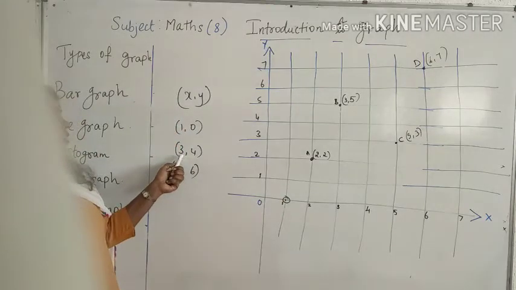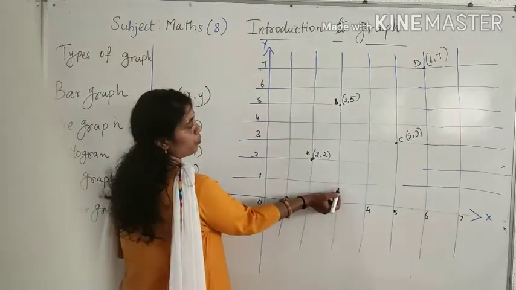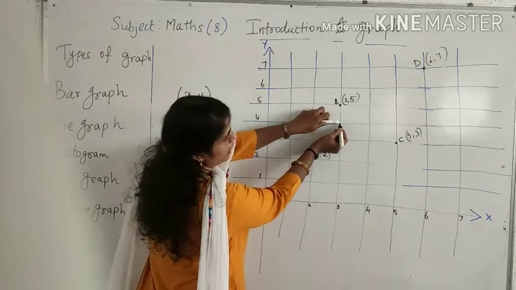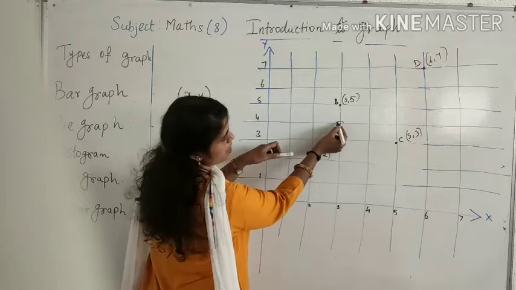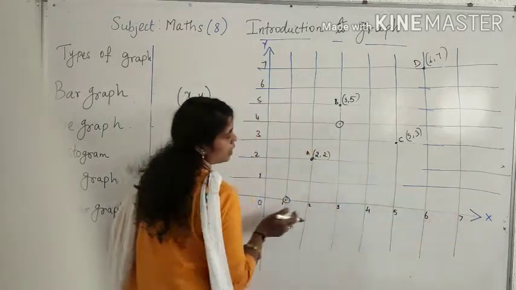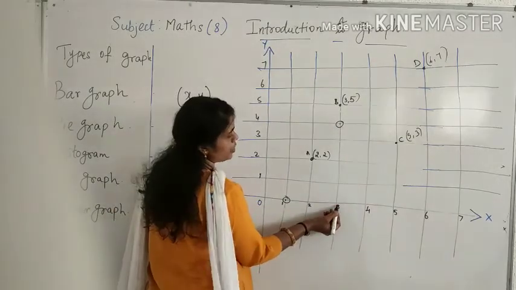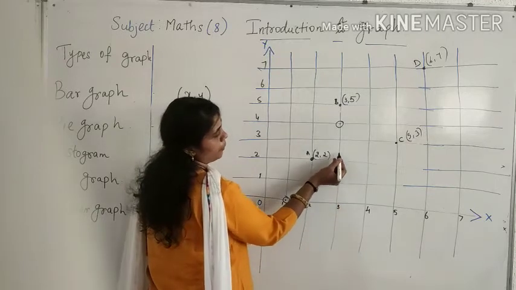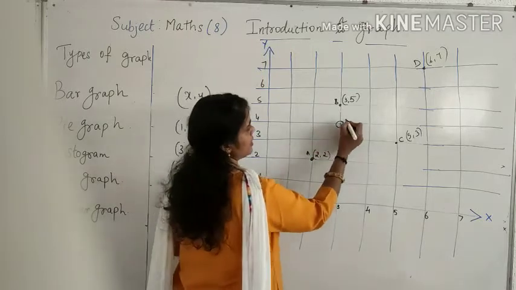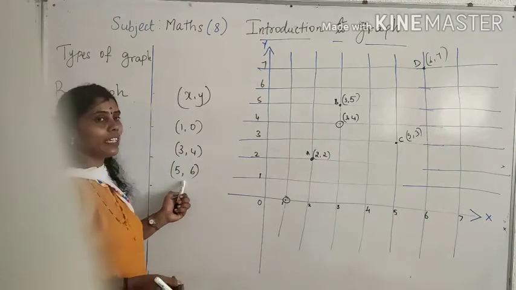And the next one is 3 comma 4. X is 3. From there you move up. Y is 4. Where the line for 4 meets it, that point is 3 comma 4. Be careful, X is 3. You have to go along the sleeping line first. Right? After sleeping only you wake up. So first 3. From 3 you move up. You wake up, you are standing, and when 4 comes, you stand straight. 3 comma 4. Right?